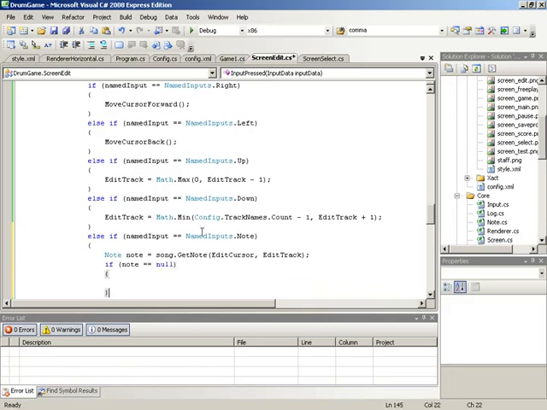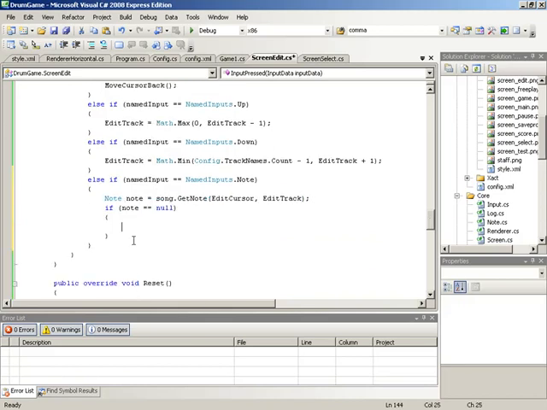that means that getNote was unable to find a note at this value, which also means that if you want to describe this position as a grid slot for our edit grid, there's nothing in that grid slot. Exactly, it's empty. So that means we're free to add a note. Now, if the note was not null, we could handle that using an else statement. Then we need to remove a note that was found. So let's begin with adding notes. If note was null and the slot was empty, then we need to add a note to the song's notes list. So